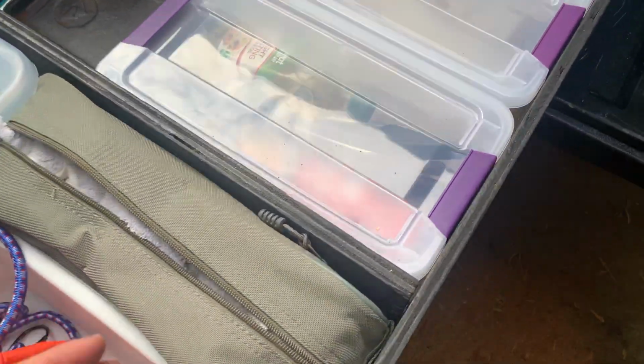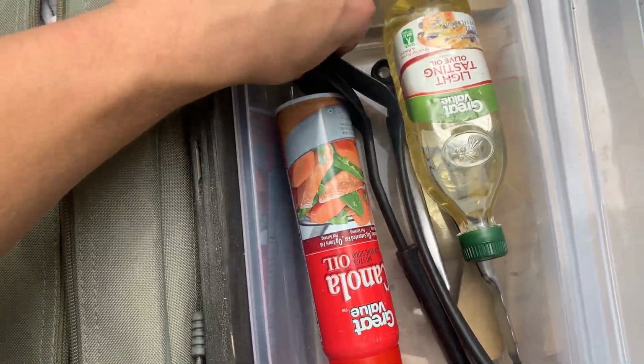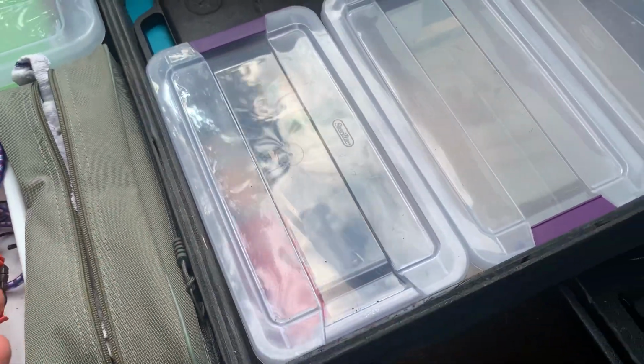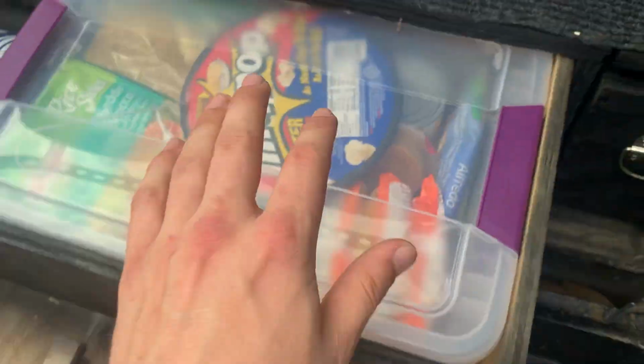That's really it. Back here we have kind of like my cooking utensils. So spatula, spoon, tongs, wooden spoon, cooking spray, olive oil. That's really all you need to cook with. You can cook pretty much any meal with those utensils. All the way in the back here,